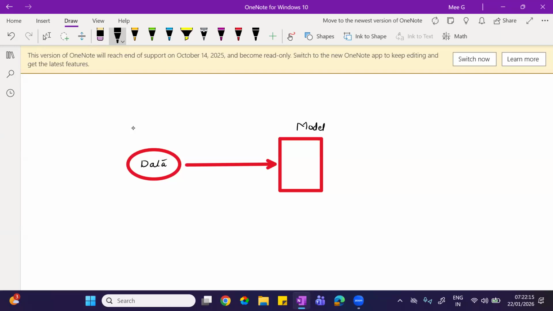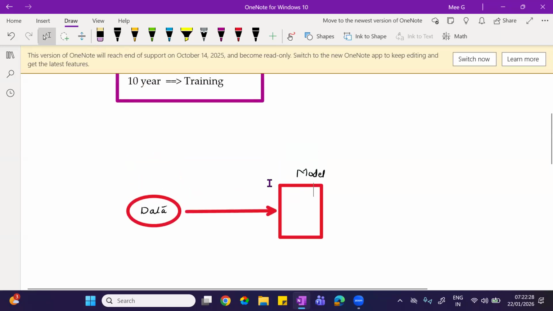Now, when you look at this, what is the actual model, first of all? See, model is nothing but you can take it, it's just a program. Okay, it's just a program over here. So why are we not calling this a program then? If it is a program, why are we not calling this a program? This program is based on the algorithm. This is called an algorithm.